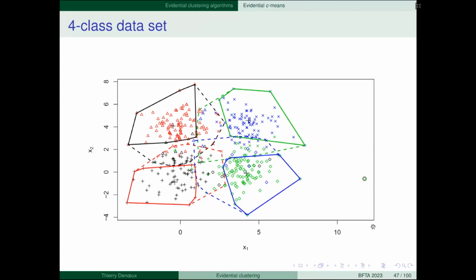Then for each cluster you have a larger set of objects that possibly belong to the cluster. But this is just for representation purposes, a rough partition derived from the Credal partition. Actually, the information we have is more detailed than that.